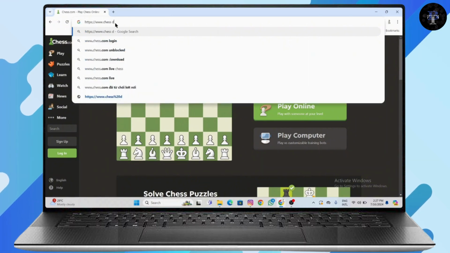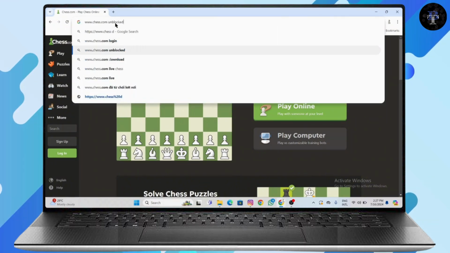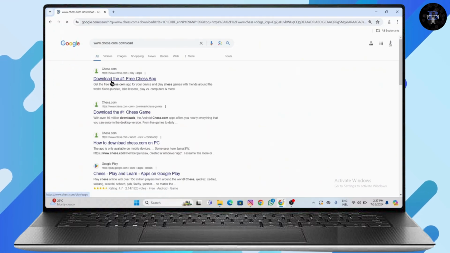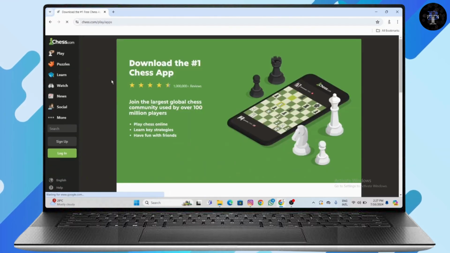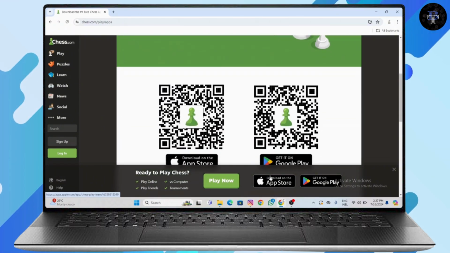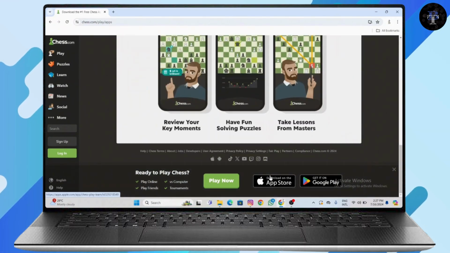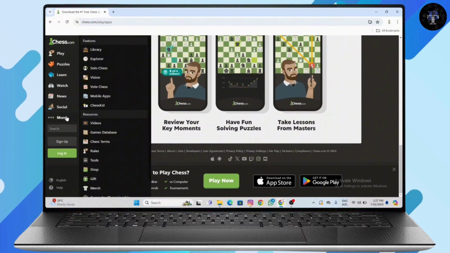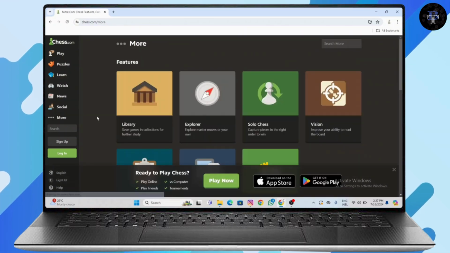Look for the download section in the menu, or you can also directly go to the App Store if you're using an emulator. Now, if you don't see a direct download button option for PC, you can use an Android emulator like BlueStacks or Nox Player and simply click on download. And that's all there is to it on how to download chess on your